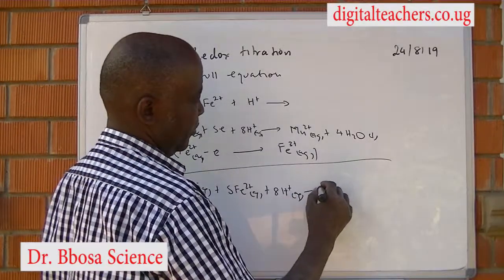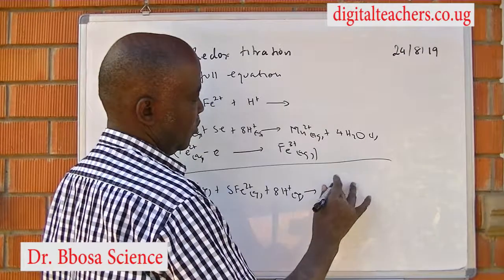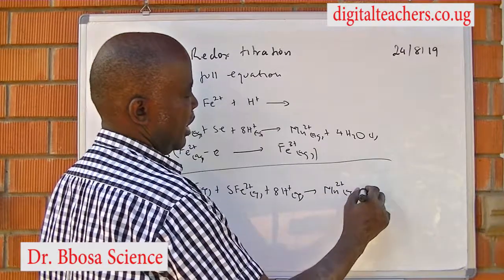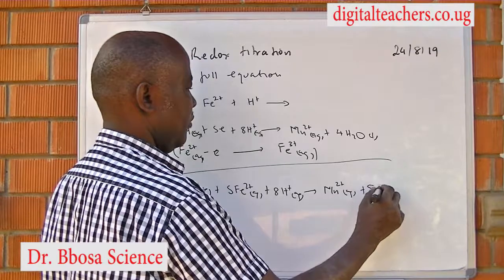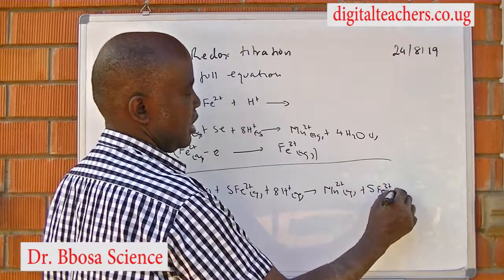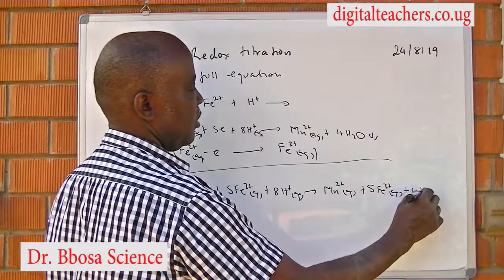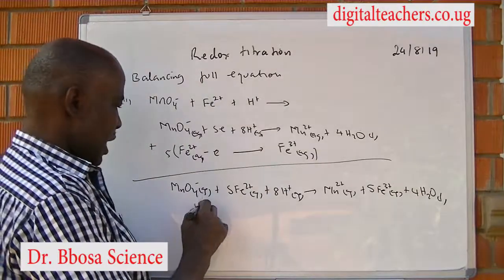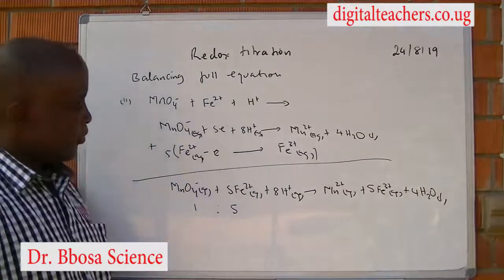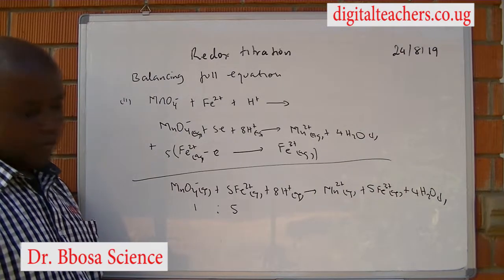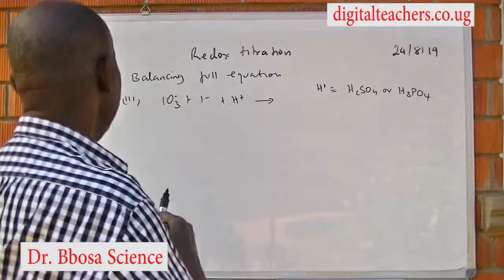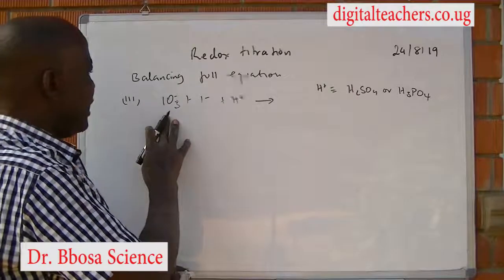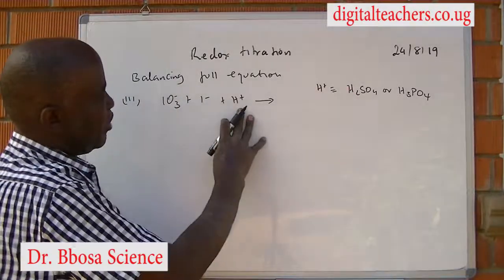Then they will give you manganese 2 plus aqueous plus 5 iron 3 plus aqueous plus 4 H2O liquid. So manganate and iron will react in ratio 1 to 5. 3. If you are required to write a full equation between potassium iodate and potassium iodide in presence of an